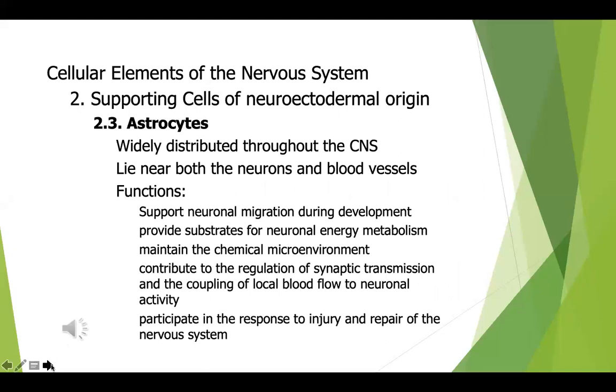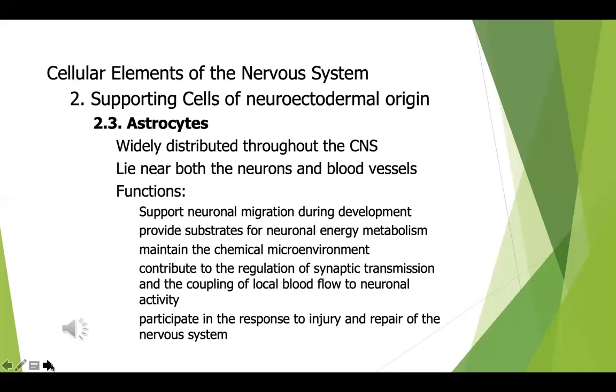The next set of supporting or glial cells would be the astrocytes or the astroglia. They are widely distributed throughout the CNS. They are very important. They have a lot of functions. They usually lie near both the neurons and the blood vessels. So you would come to learn later on that these astrocytes have these functions. They support neuronal migration during development. So they assist these small neurons or developing neurons to go to their proper places in the central nervous system,